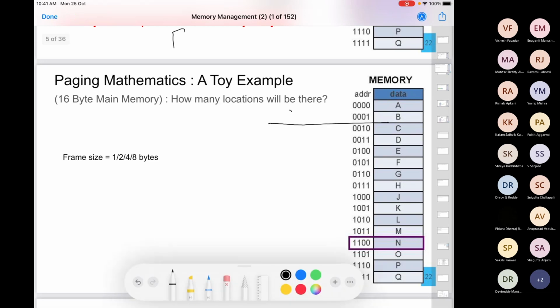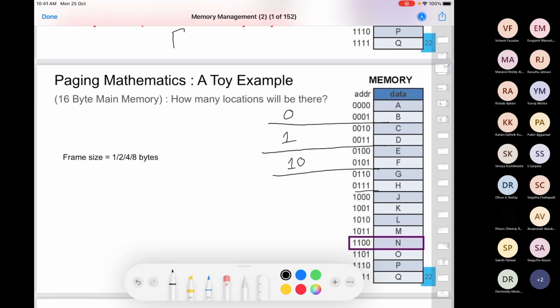This is, can I say this is frame number 0? So everything will be starting from 0, right? And everything will be expressed in binary as much as possible. Look at this second frame. So each frame is 2 bytes of memory. So this is your frame number 1, and so on and so forth. This is your frame number 2.